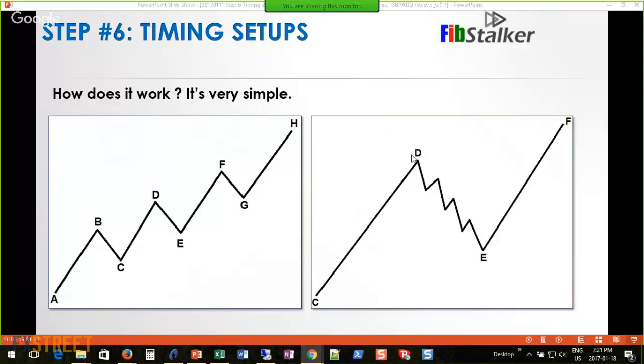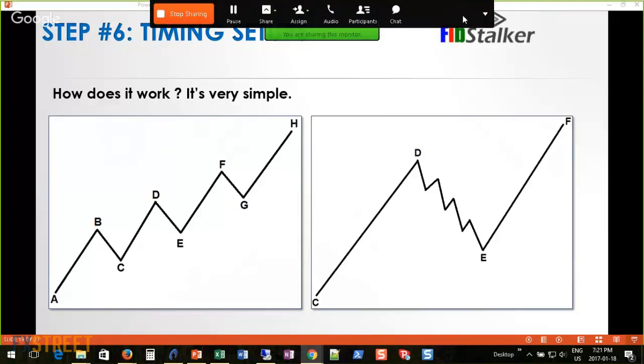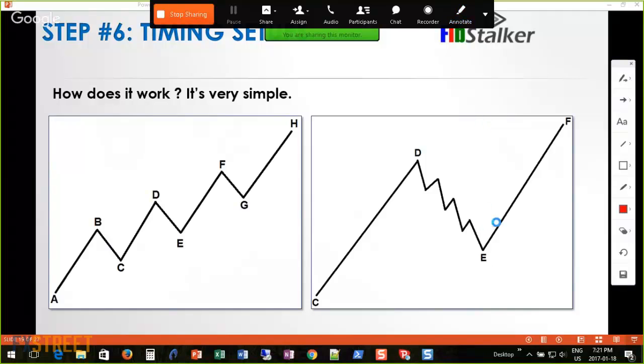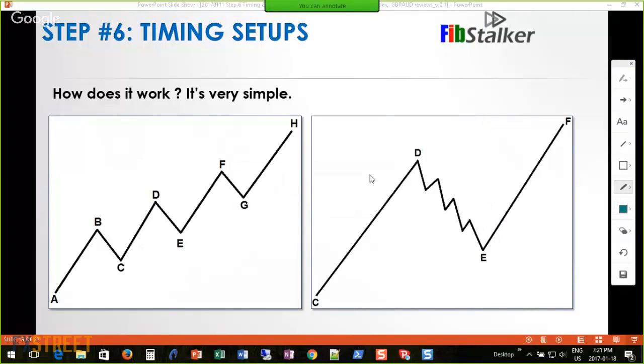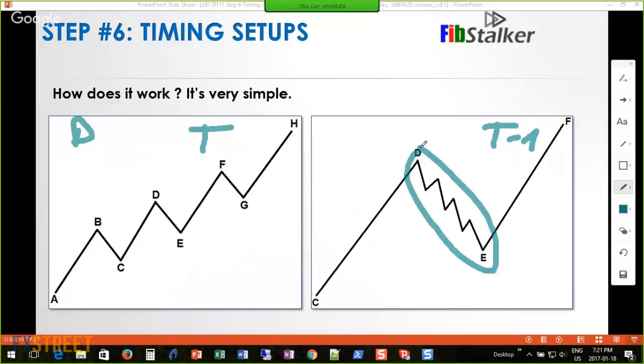Why timing is important is that, as you can see here, it actually moves the focus on a smaller time frame. Let's say that this is a daily time frame, and I'll call this time frame T. The lower time frame where I study this sequence is T minus 1. In this case, it could be 4 hour, but could also be a 1 hour time frame. So as you can see here, when I move from a daily to a 1 hour time frame here,